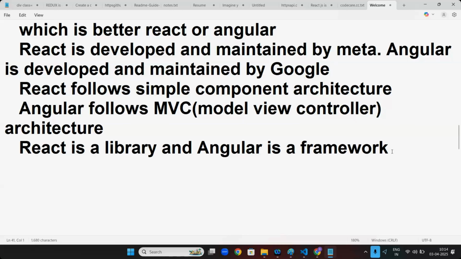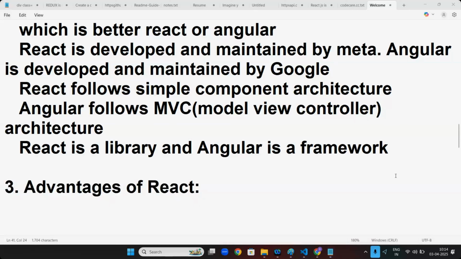Next. What are the advantages of React? See, again, someone asked why Java full stack is going with React and not Angular.